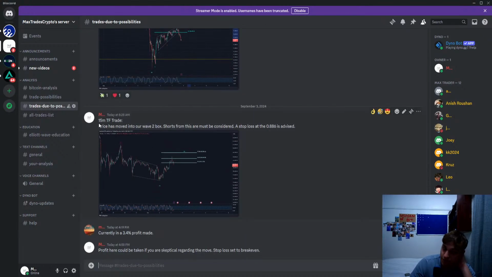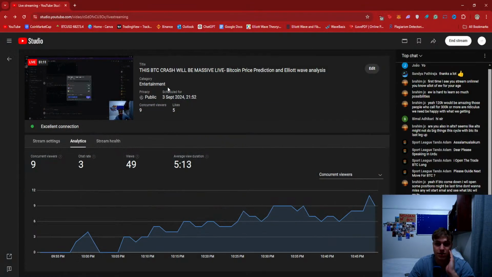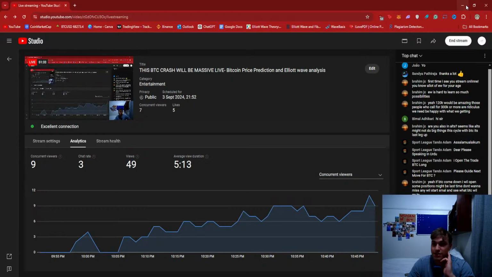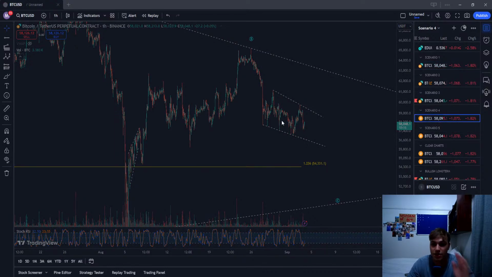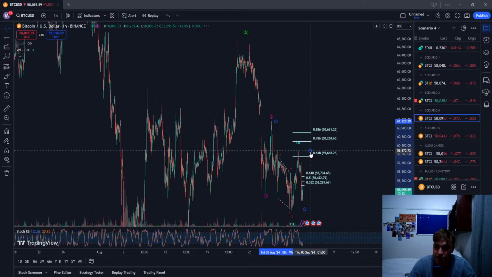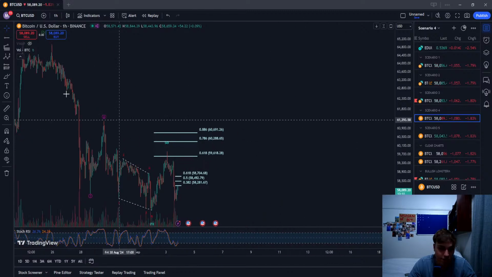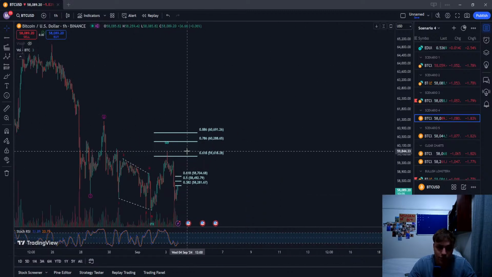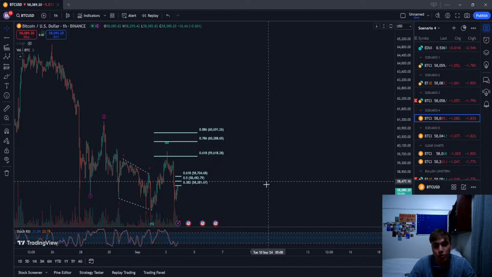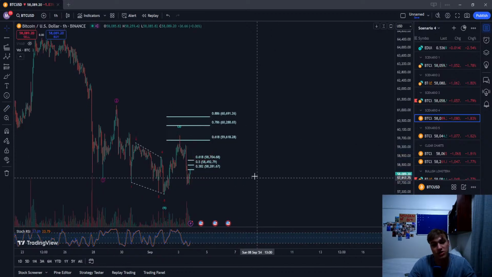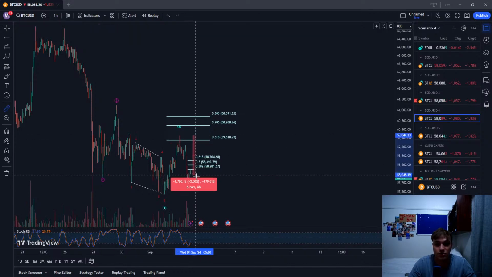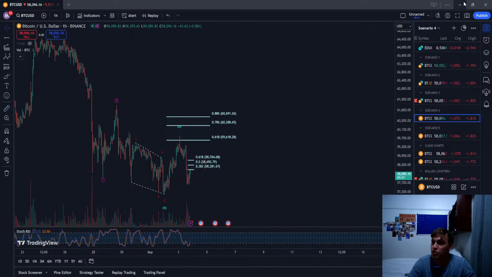So if I say 15-minute time frame trade, price has moved into our wave 2 box, currently in 3.4% profit. What is that sitting at the moment? We're in about 4% profit here, using a nice leverage. Actually, let's measure it. 2.6 to the low. We were in about a 3.7. Very nice. So a 3.7% move, and we put all the trades in the channel.